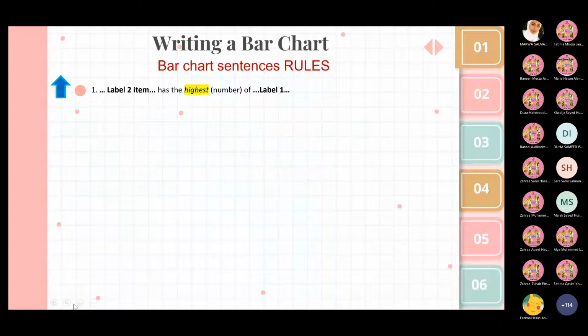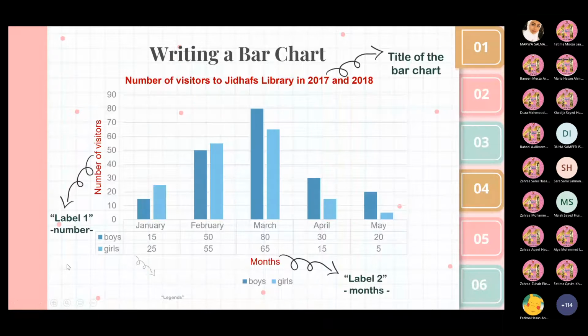So for example, let's say here, Banin, you got it all correct, but you missed the last point. So you said the number has risen from 50 to 55 in February, in boys, but it should be in girls. Because the bigger number here, 55, is for the girls in February. Okay? Exactly. In February in girls or in girls in February, both are correct. Okay? Thank you, girls. Now you try the second sentence.